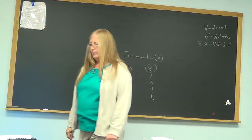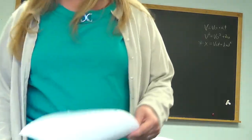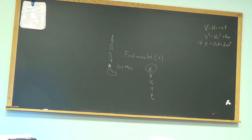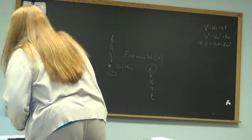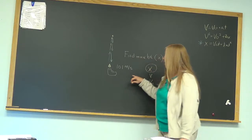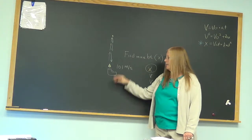Do you know what equation? Which one? Yep. Onward. Go ahead and actually put the values in and find the maximum height. v squared, very good. Because this problem is for maximum height, we can cut the problem off